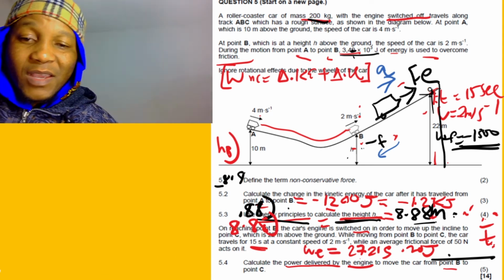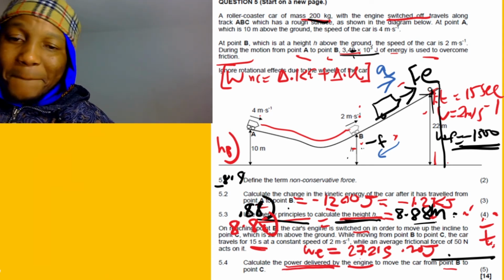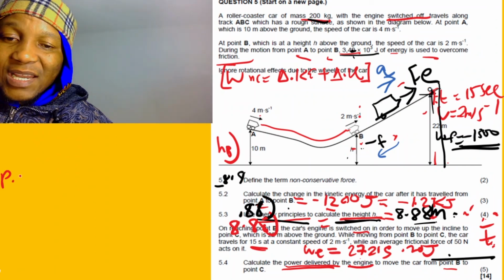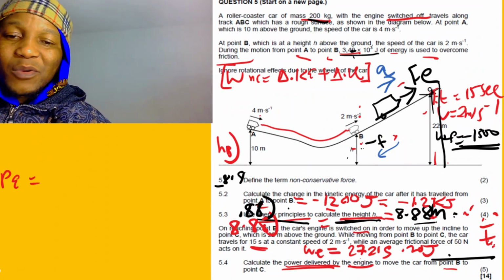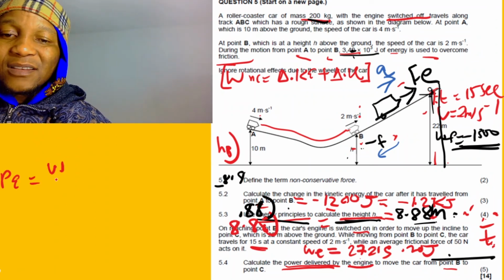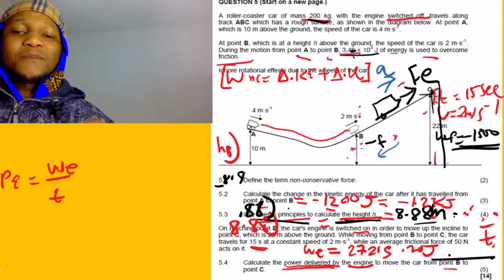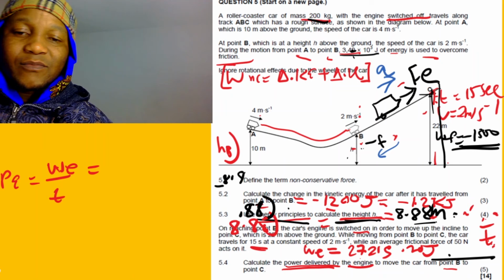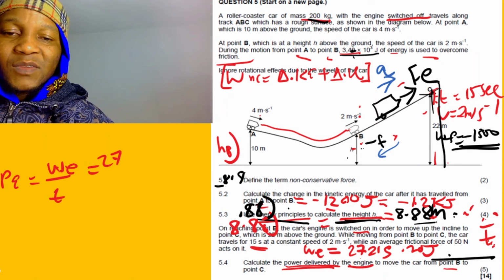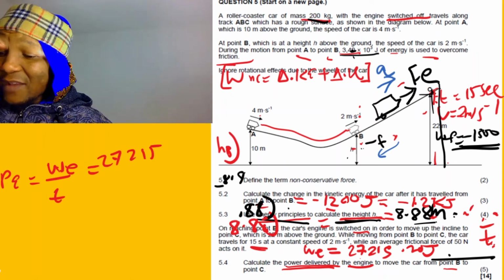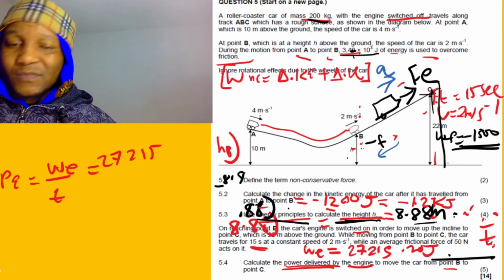Okay, so now we want to get what? Power. Power delivered by the engine. How do we get power? We say power equals work done over time. The work done by the engine, which we already have, is equal to 27,215.20 joule over